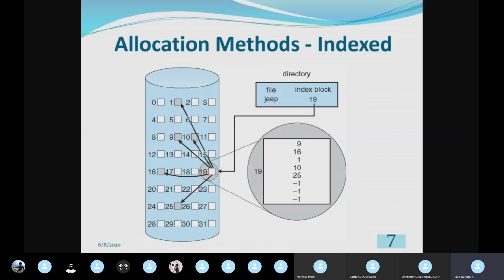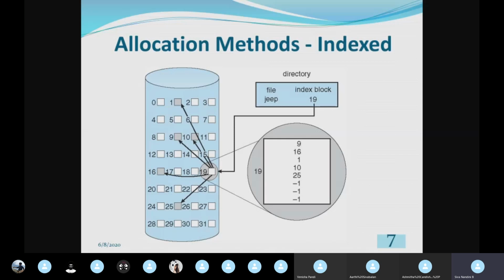That is, what are the logical blocks required for this file Jeep. From that index logical block in the storage, we can access any logical block. 9 may be accessed or 10, 16 may be accessed, or the first logical block, or the 10th logical block, or the 25th logical block. Likewise, any logical block can be accessed directly.